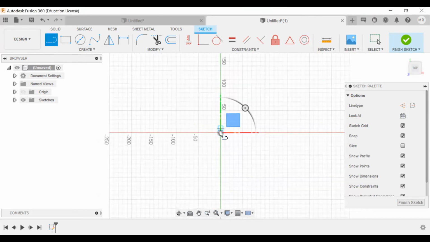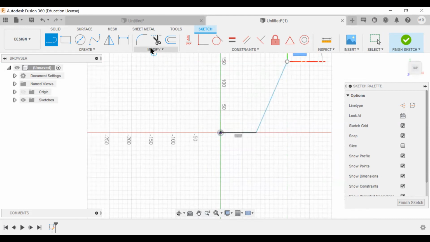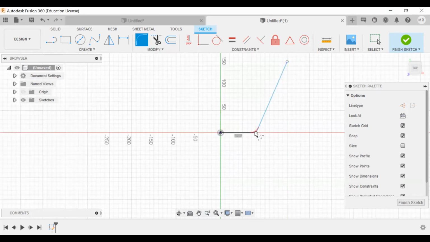Oh, because you have clicked on 3D sketch. Okay, no problem. It's okay. From one point to another point. Yes, sir. Right. Leave it. If you want, you can apply fillet. Use fillet. Press enter. Okay, that's fine. Press enter.